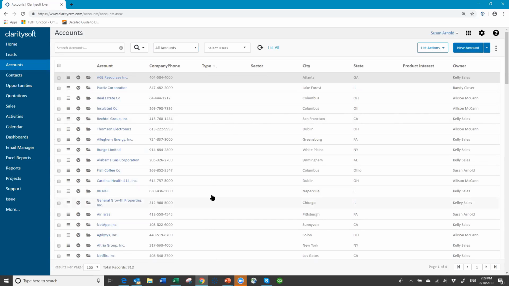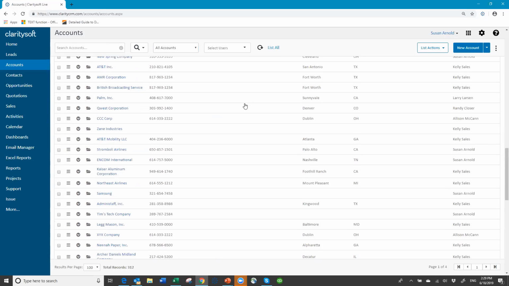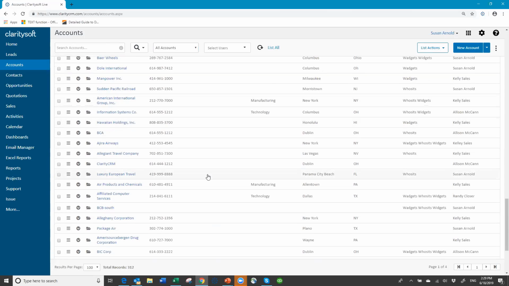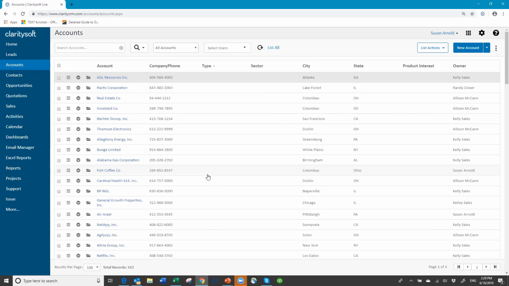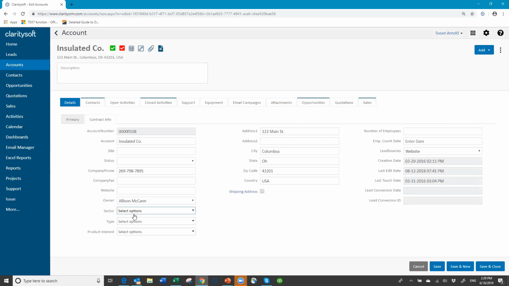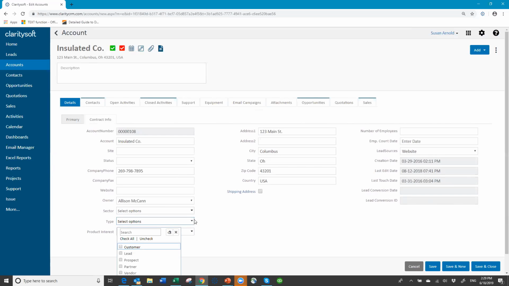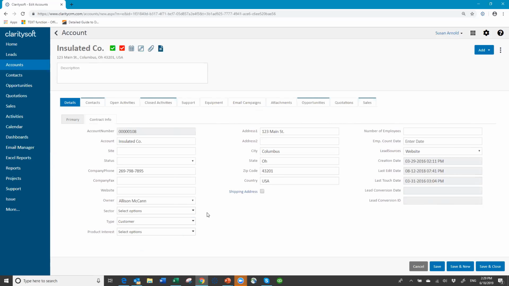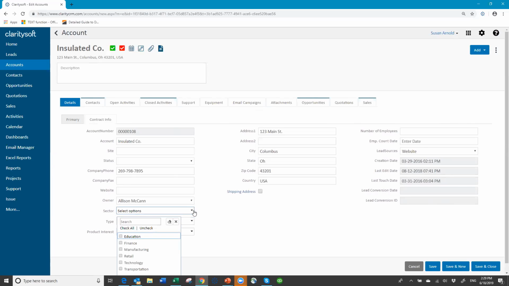So here's a bunch of ones. See, I have all these that don't have a type, so those are all missing from a list. So let's just say that Insulated Company just became a customer. So I'm going to go in, and I'm going to set the type to customer. And I'm also going to put the sector in here since it's not in here, and say there,